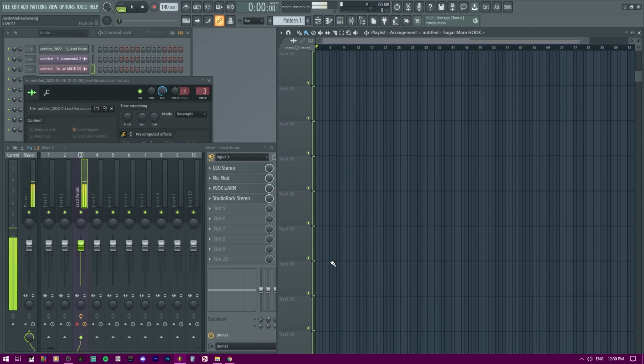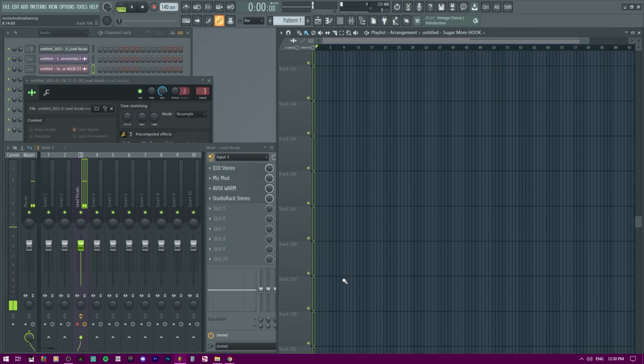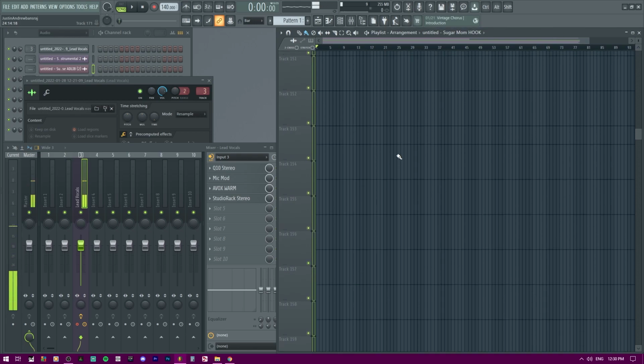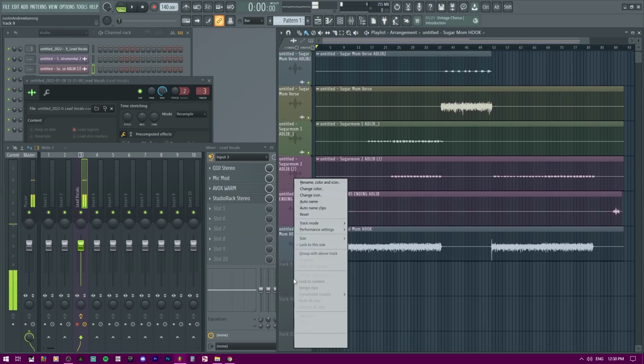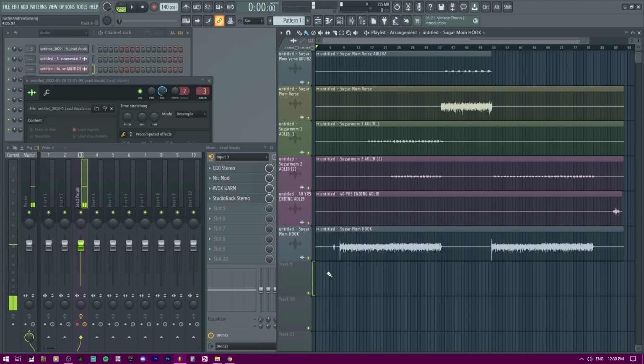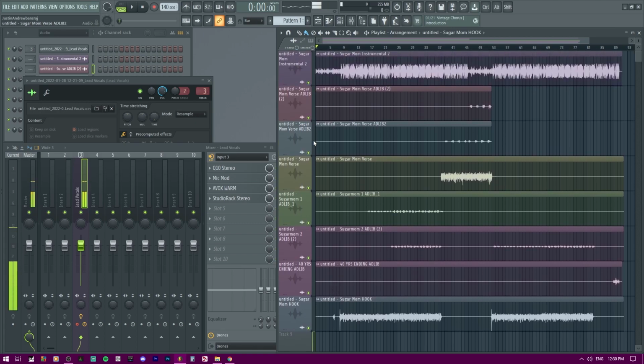It doesn't matter if you have 500 tracks. All of them will be renamed if there's an audio clip, an automation clip, a pattern, anything in there is going to be renamed to its respective name, saving you so much time. And trust me, some of us get like 32 tracks, 50, 64 tracks, you name it.